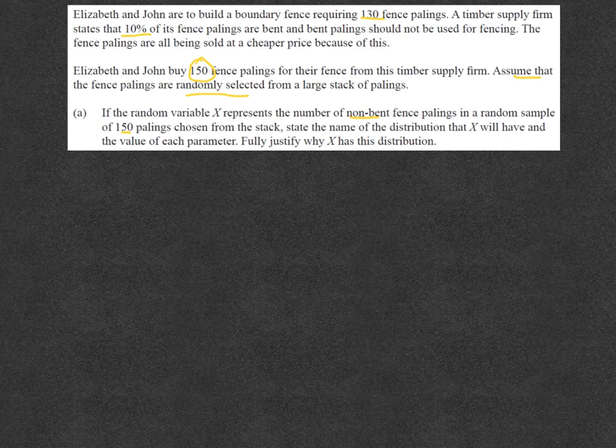So we can see here that the data is discrete. So that's the first thing. So that leaves us with either a binomial, a Poisson, I better spell it right, or discrete